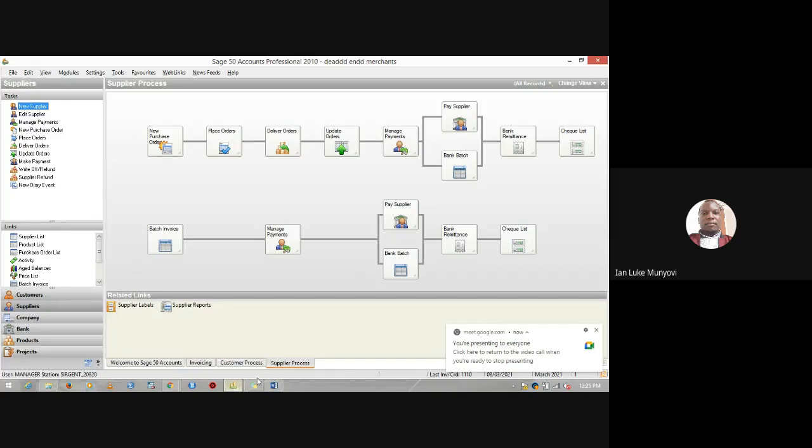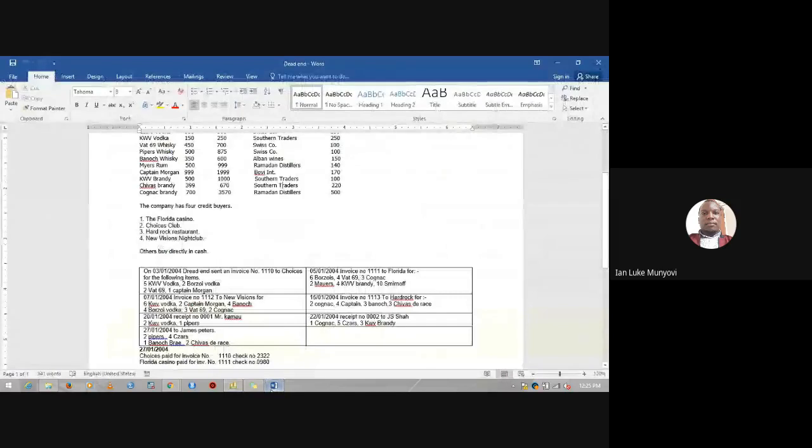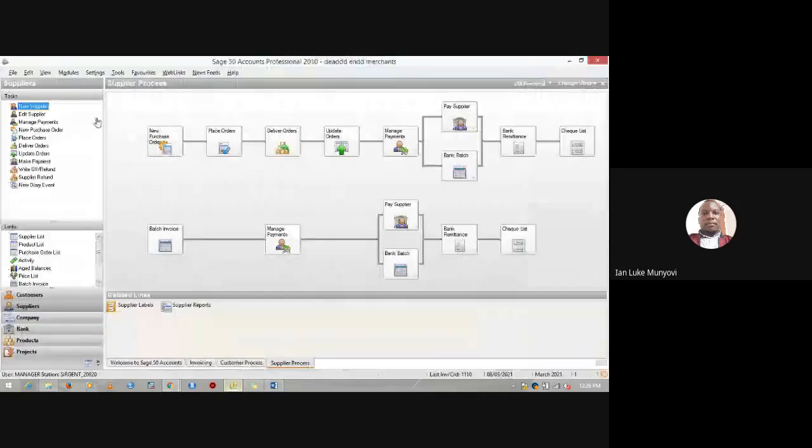Let's look at receipts, unless there's a question. Now, with the receipts, we've been told receipt number 0001, Mr. Kamau, with those products. So with the receipts, you go to modules,